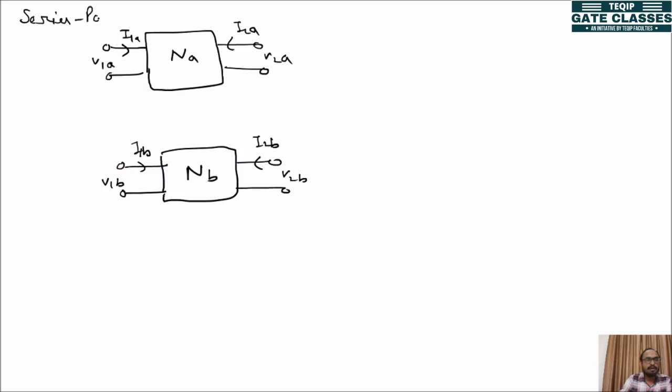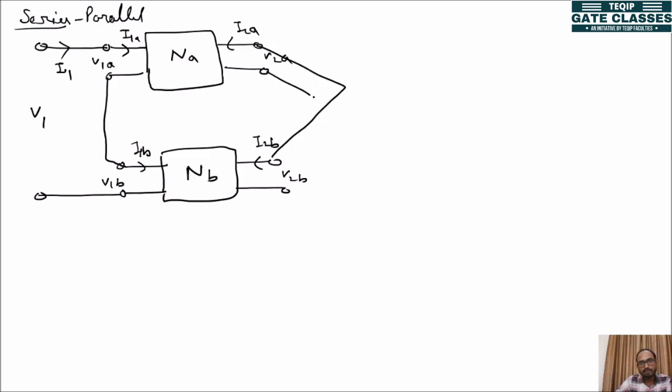In series parallel combination, at port 1 we will have series connection and at port 2 we will have parallel connection. How? For series connection we know we have to connect this and this like that, as we have done in the Z parameter case of series connection. This is V1, I1. Now connect it in parallel like this, as we have done for parallel connection. This is V2, this is I2 and other things are the same.